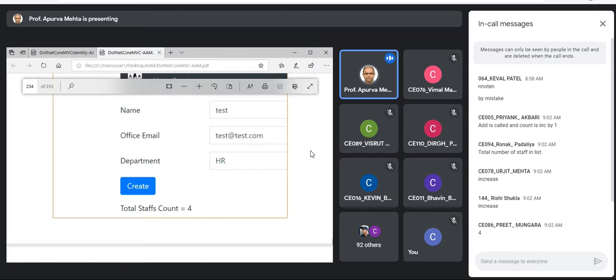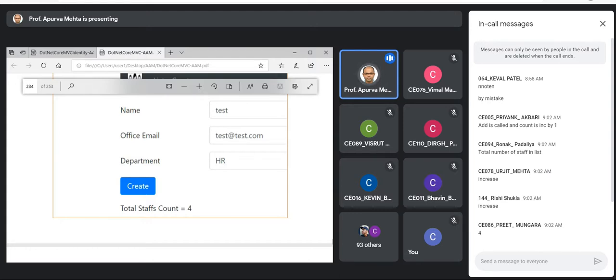But within the same HTTP request, if the service is required in multiple places, like in the view or in the controller, then the same instance is provided for the entire scope of the HTTP request. So here, both the home controller's create action method and the create view use the same instance of the service for a given HTTP request.